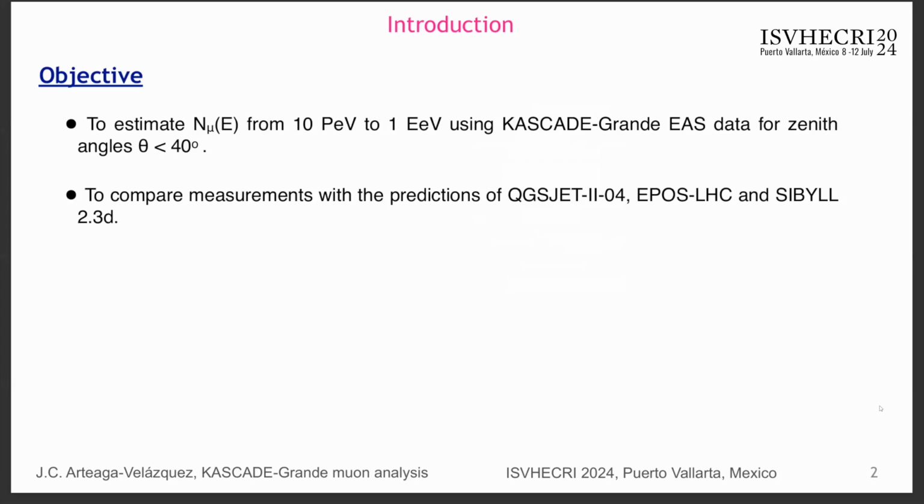So the main objectives of this work are basically to estimate the number of muons as a function of the primary energy, between 10 PeV and 10 to the 18 electron volts, using the KASCADE-Grande data as a function of the zenith angle, that is for zenith angles below 40 degrees. And we have also compared this measurement with the predictions of the post-LHC hadronic interaction models, which are QGSJet-II-04, EPOS-LHC,